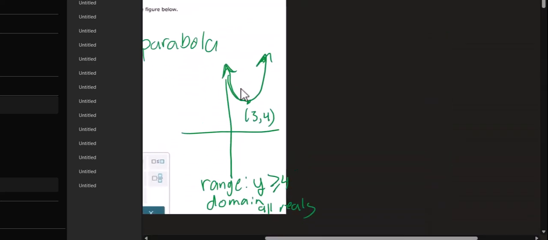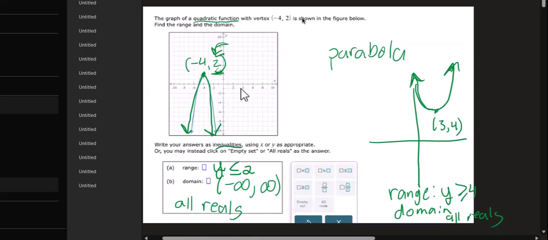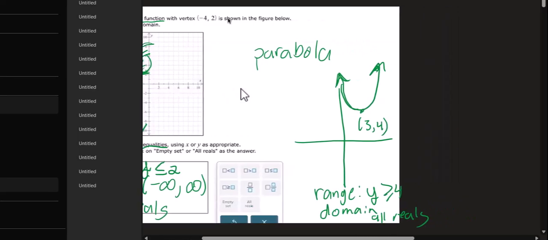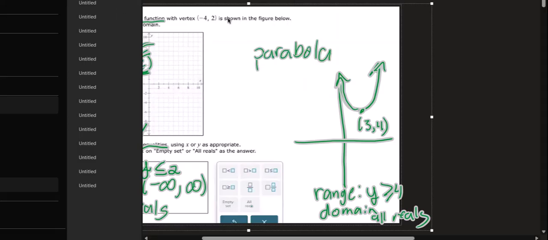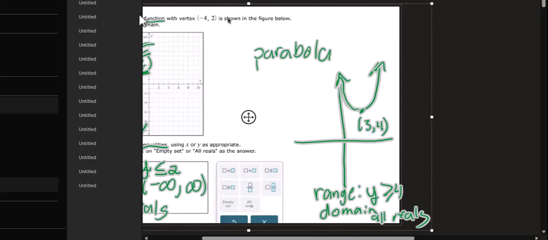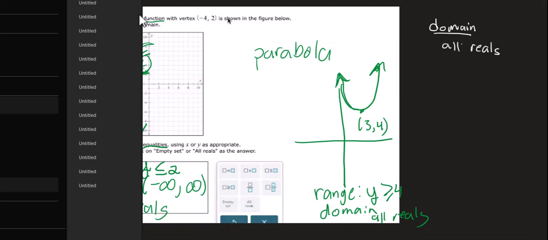Quick review of the stuff from the previous video. So when you're looking for the range and the domain of a parabola where they give you the vertex, what you need to look at is the domain of a parabola is always all reals, and the range